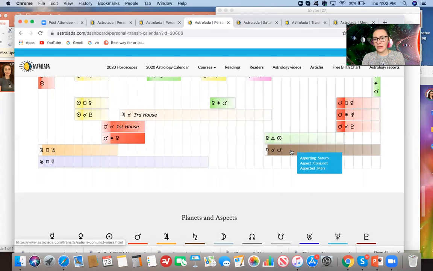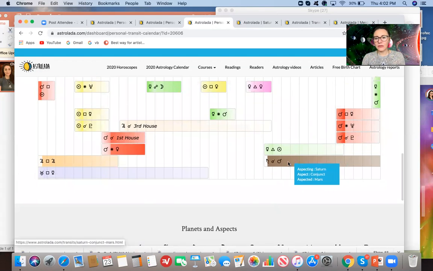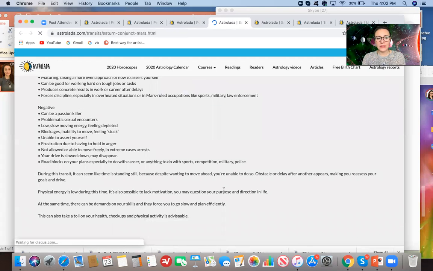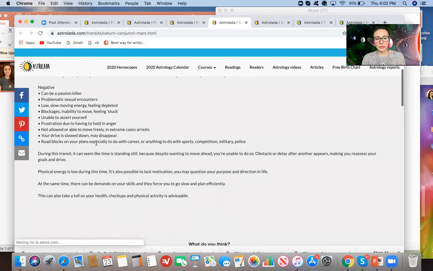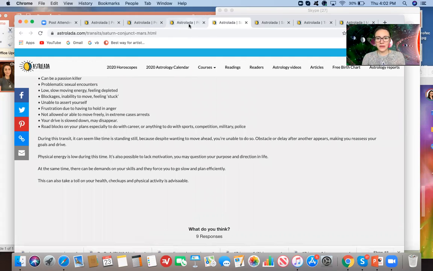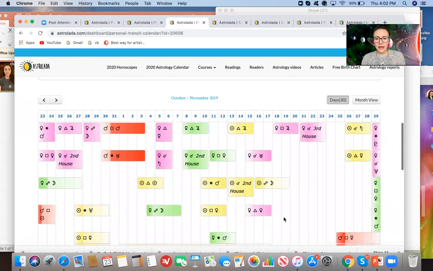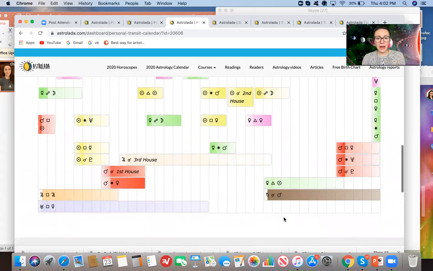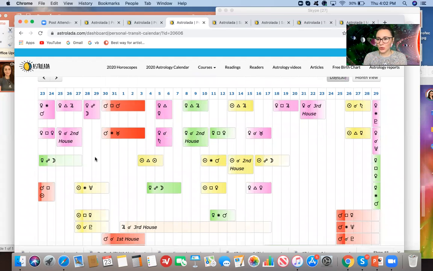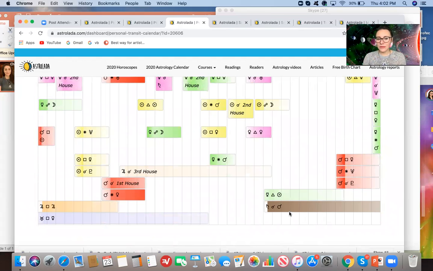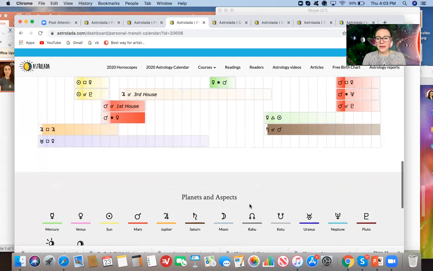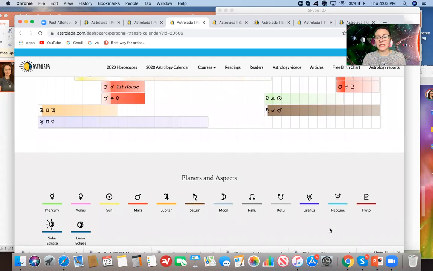And for example, you click here and you read this, and this will happen with a Saturn transit. It can be a passion killer, problematic sexual encounters, frustration because of holding in a lot of anger. And you say, okay, this says the 18th of November, 17th, but I've been feeling it since the start of October. You know, sometimes, it's those longer ones, starting from Saturn onwards, or Jupiter, Saturn, especially